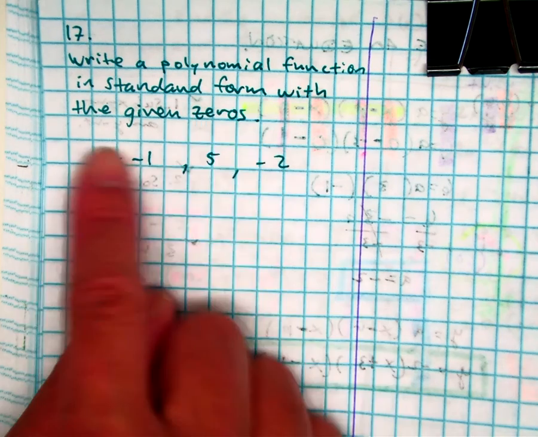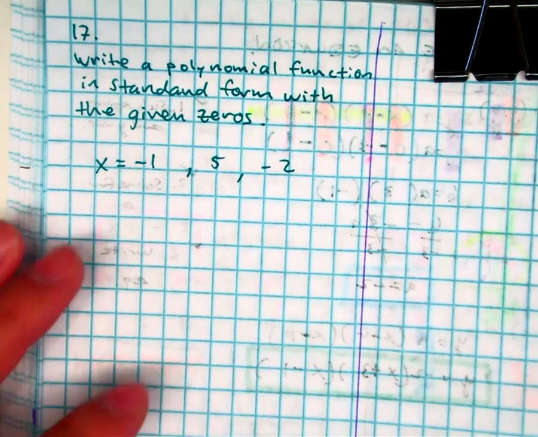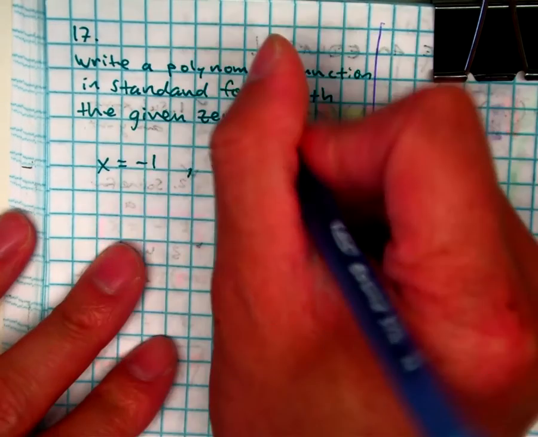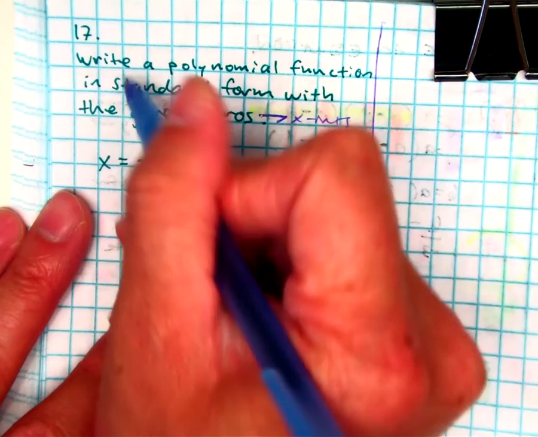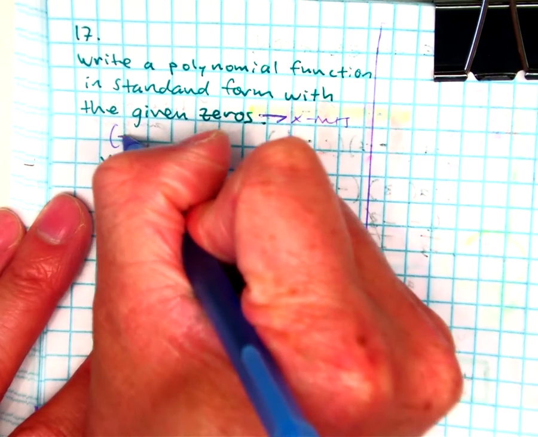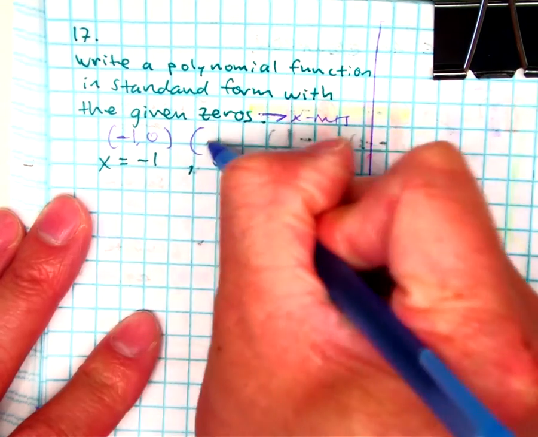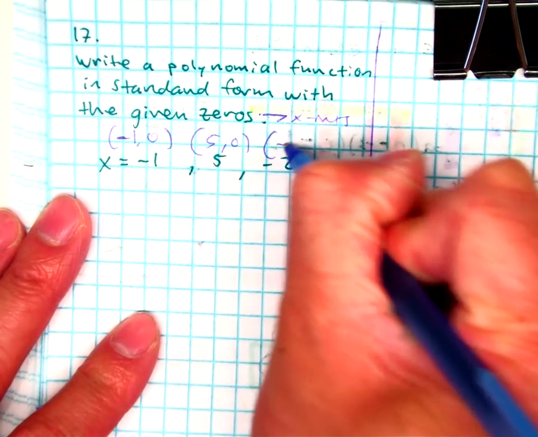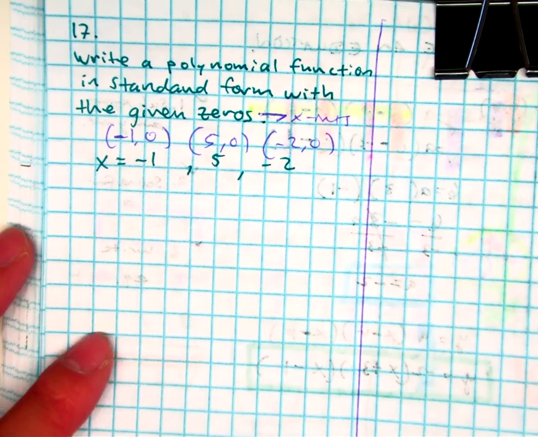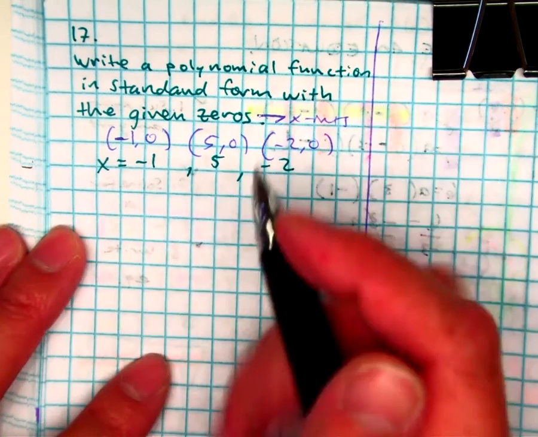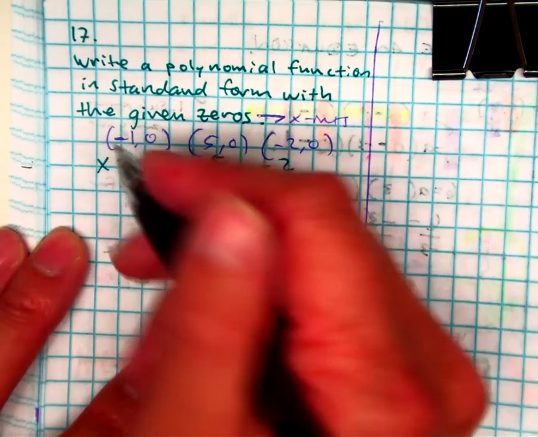Polynomial function in standard form with the given zeros. Remember, the word zeros means what? They're x-intercepts. So something that you should recognize, this is kind of like negative 1 comma 0, this is 5 comma 0, and negative 2 comma 0. Yesterday we learned that you could just substitute that into your